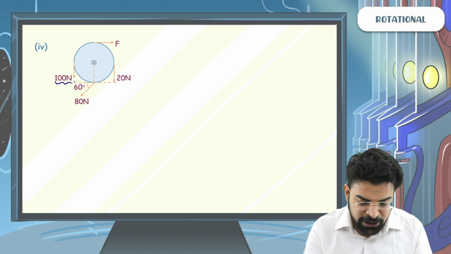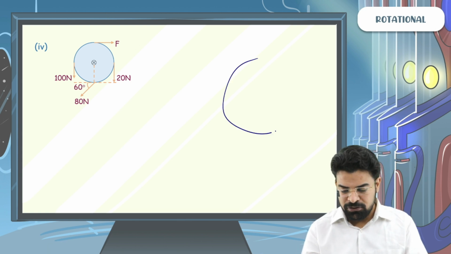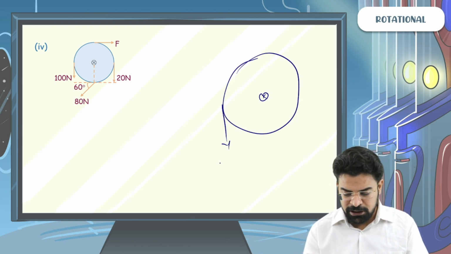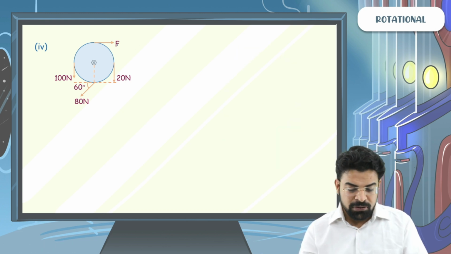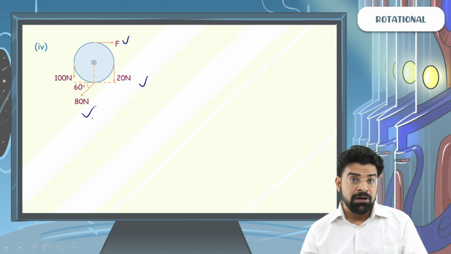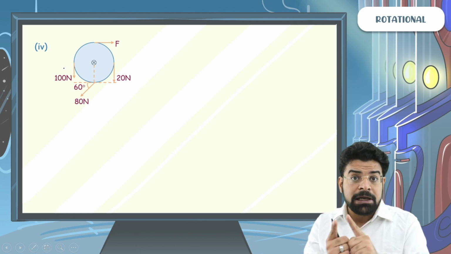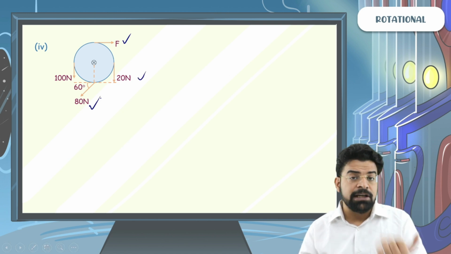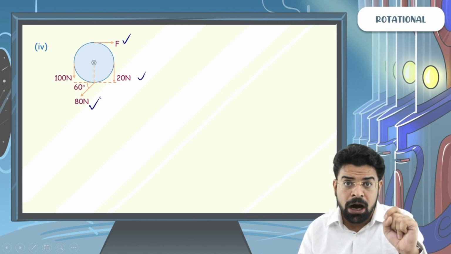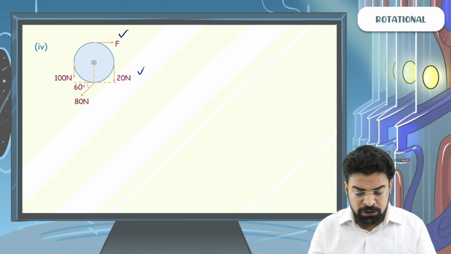And what about this 100 Newton, the fourth force? You will say, sir, this 100 Newton is trying to turn it. If I visualize the disc, and here I apply a tangential force of 100 Newton down, it will try to turn it anti-clockwise. So three forces are trying to turn it clockwise, while there is one force of 100 Newton that will try to turn it anti-clockwise. If the body is in equilibrium, then the combined torque of these three forces, F, 20 and the tangential component of 80, balances out the torque of the force of 100 Newton.